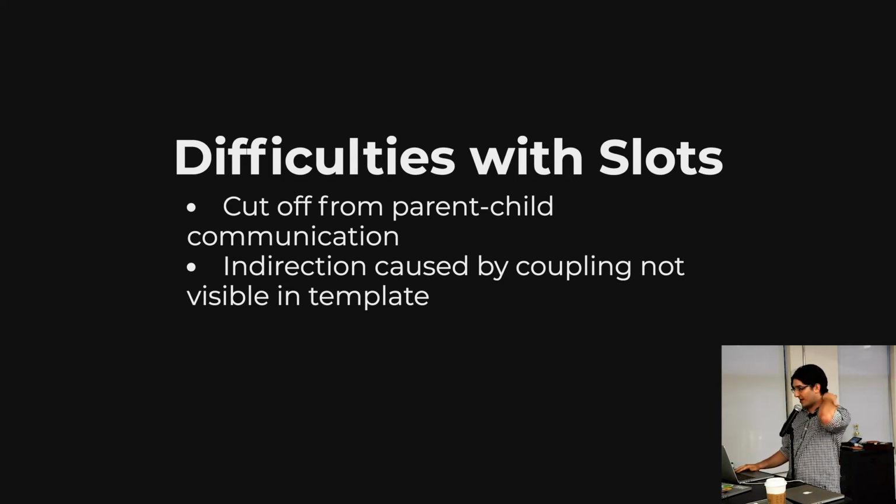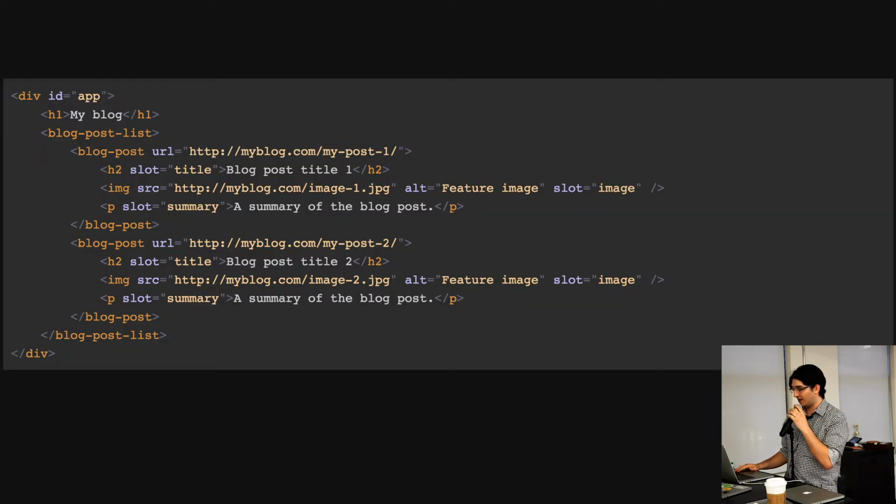So if we look back at the example that I had here, or actually that's going too far back. If I look at an example at the blog list where I have the 2 blog posts inside of it, you can't really tell looking at the blog post component itself that the blog post component belongs as part of the blog list, and that the blog list itself requires this in particular. And so it can be a little difficult, you do have this coupling that may not necessarily be clear,